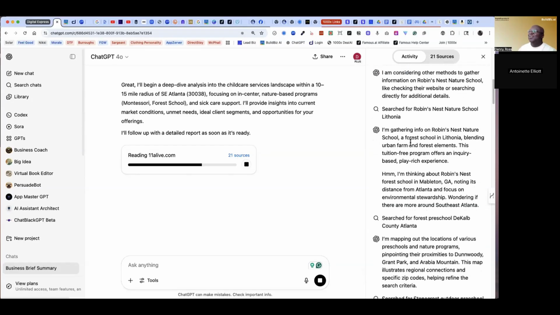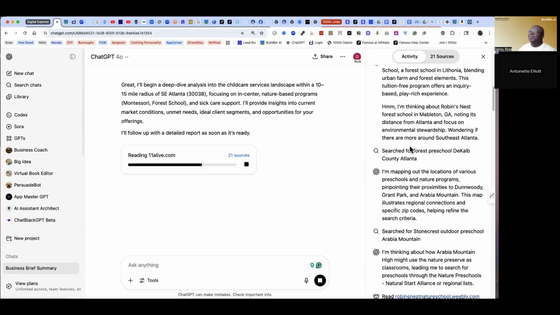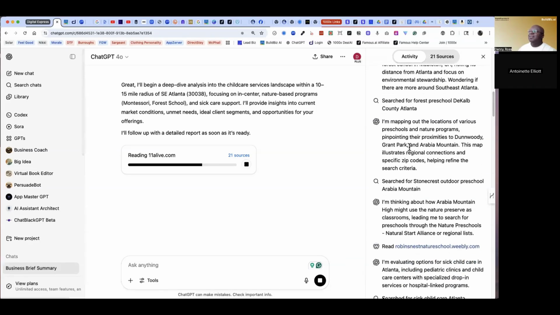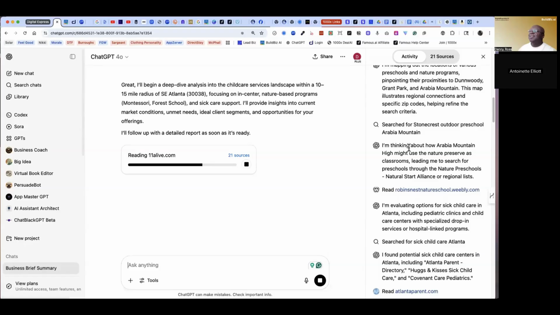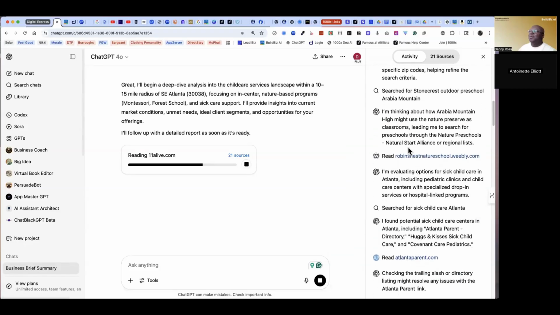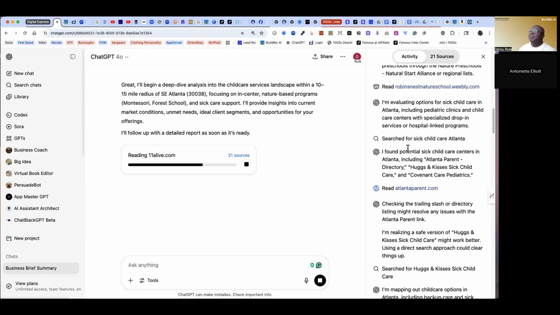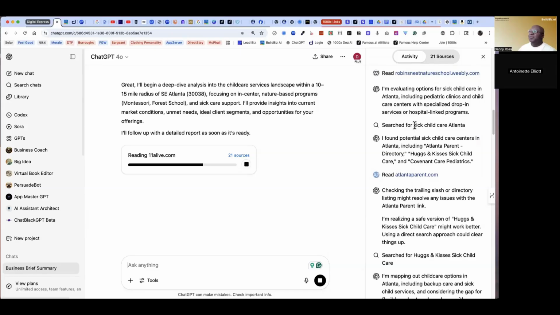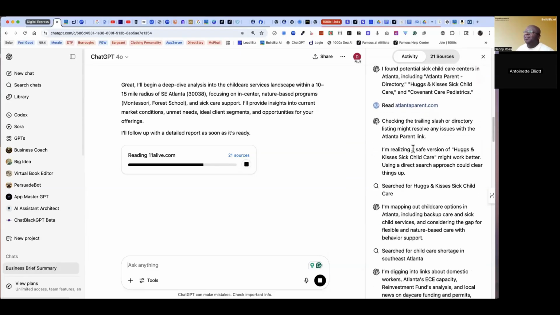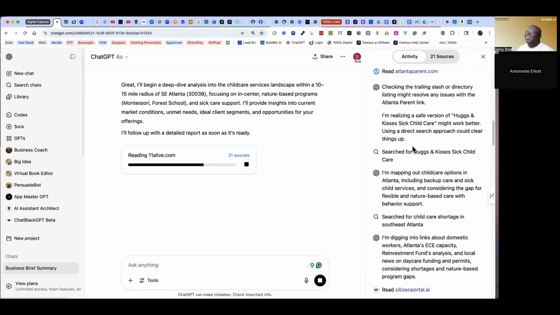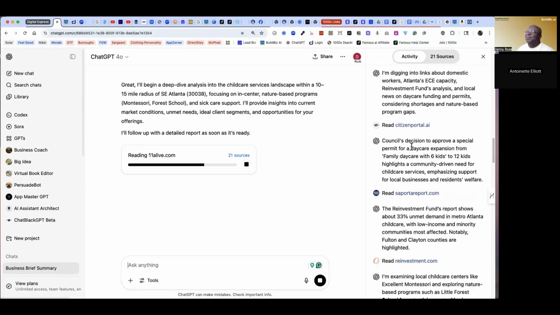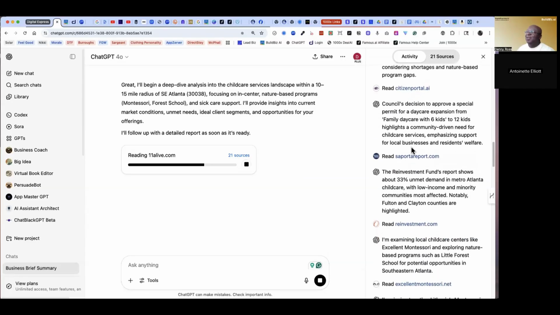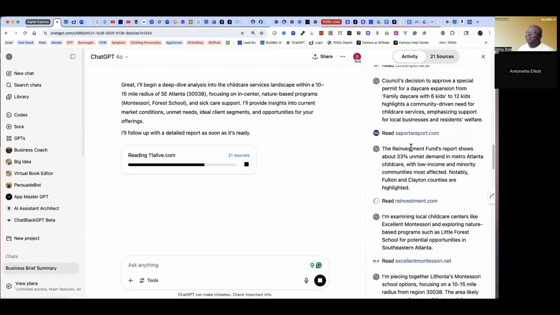And then it's going through their website. It's checking out DeKalb County, Stonecrest. It's wandering around looking at other schools. It's doing this sick child care option, taking a look at that. Read an article here. This is literally what it's doing while you're waiting here. It's telling you all the places that it's going.